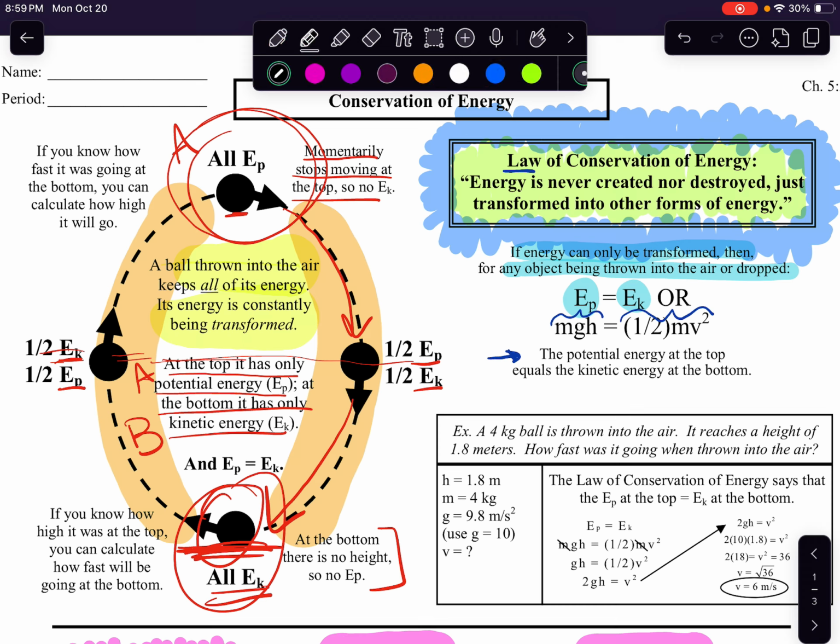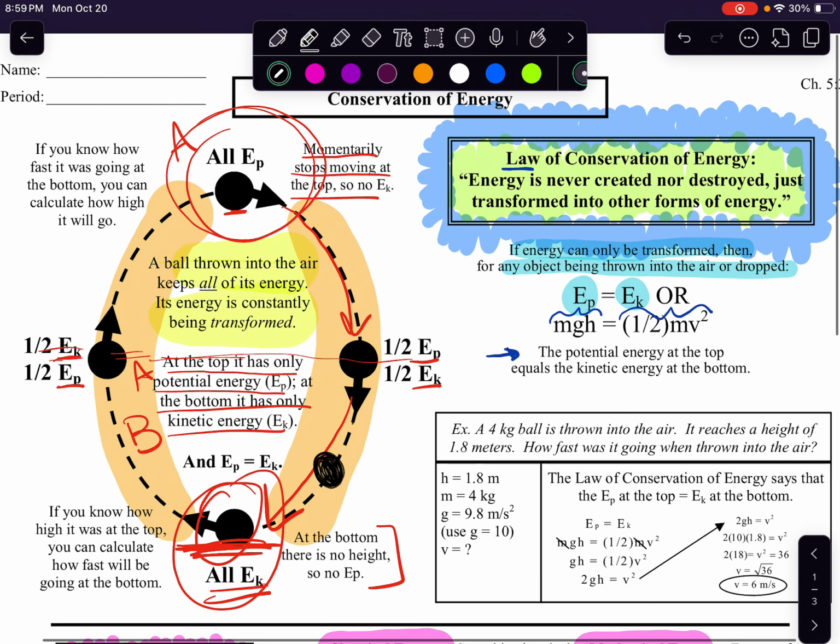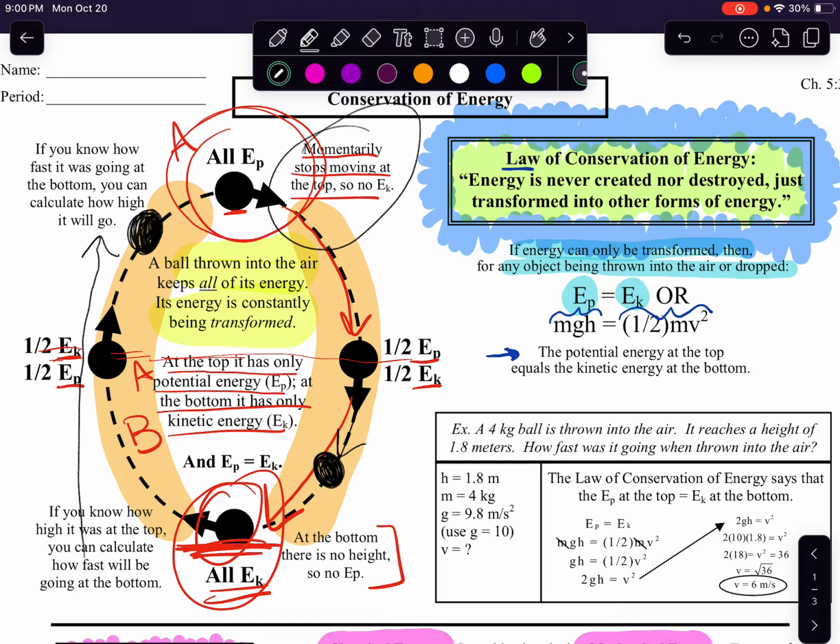If I instead wanted to say, what about when the ball is right here? It would not be half potential and half kinetic. It would be more kinetic and less potential. I couldn't give you an exact fraction or percent or decimal, but we're going down, so we're gaining kinetic energy and losing potential energy as we go down. Similarly, if we wanted to think about the ball when it was at this height, it would have more potential energy and less kinetic energy because its height is increasing and it's slowing down. When you throw a ball up, it slows down until it finally momentarily stops. So, all of that to say,